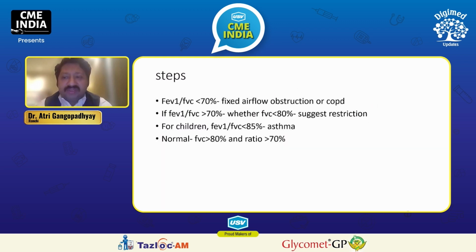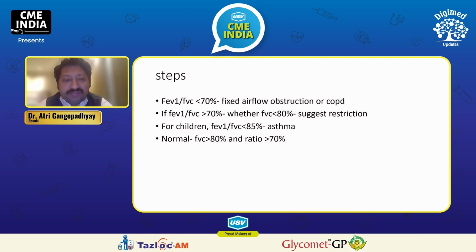Steps of interpretation. Look at that FEV1, look at that FVC. If FVC is above 80%, it can either be a normal curve or it can be an obstruction curve. Only if FVC is less than 80%, you need to think about restriction. Then look at that ratio of FEV1 by FVC. The moment you tell FEV1 by FVC ratio is less than 70%, you are looking at a fixed airflow obstruction